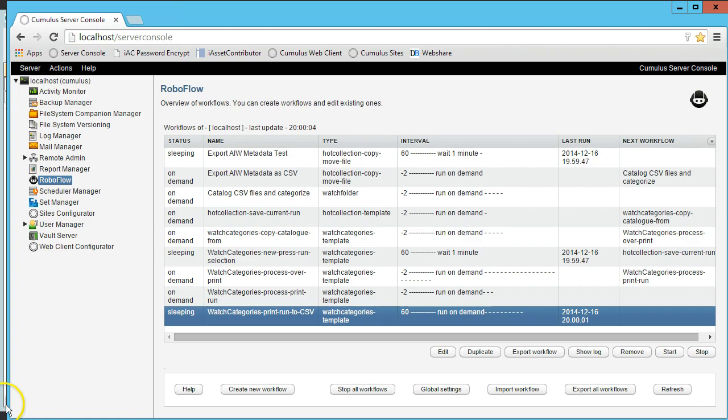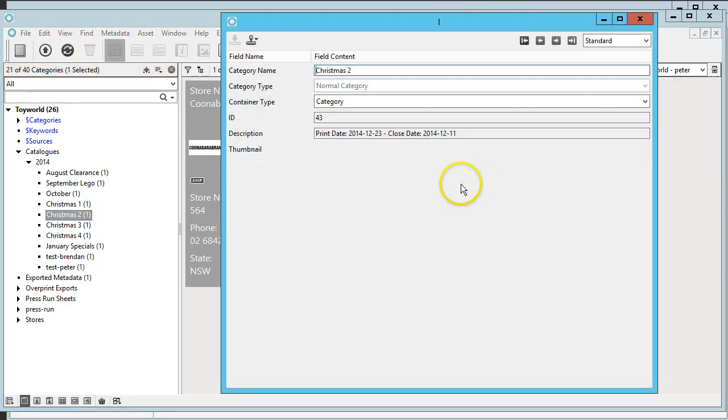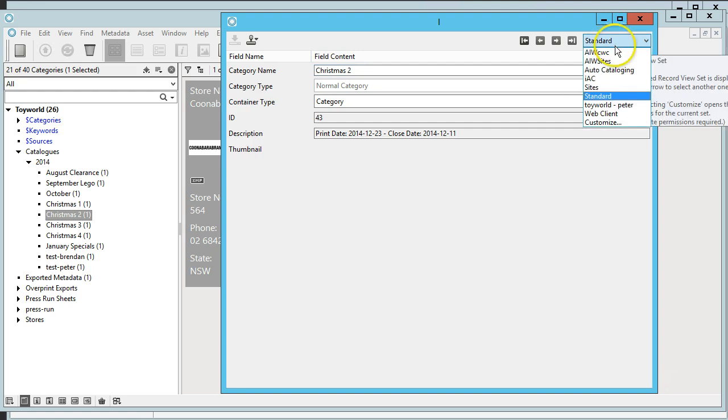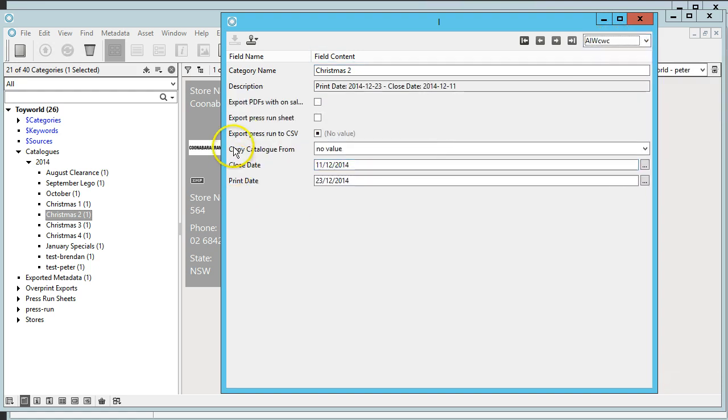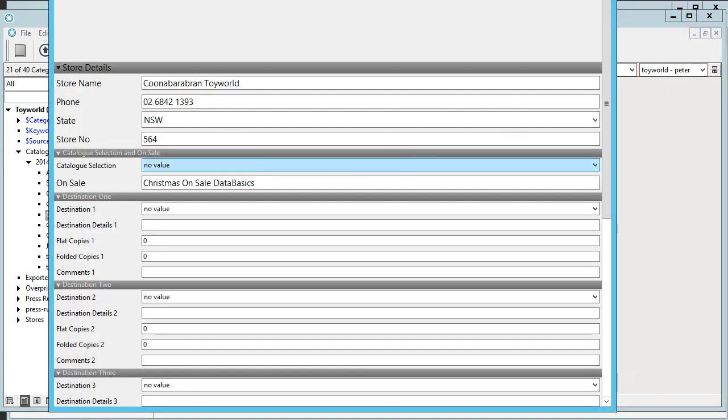In the catalog, I added a field. I'm going to the information window, and I added a field called export press run to CSV. And when I check this, my workflow will pick up this setting and will export the information. The information resides here in native Cumulus fields and also in